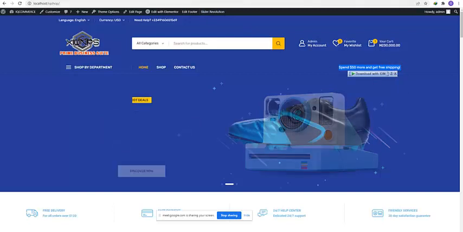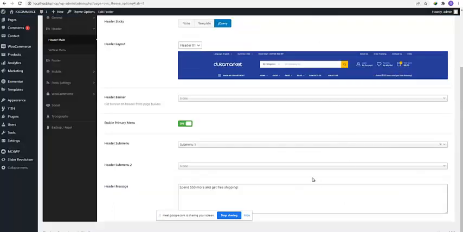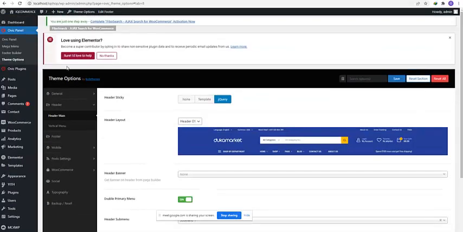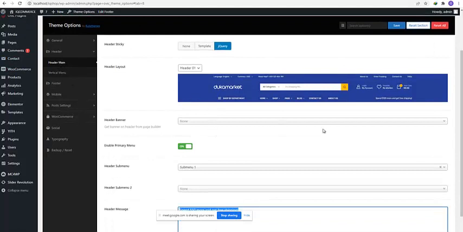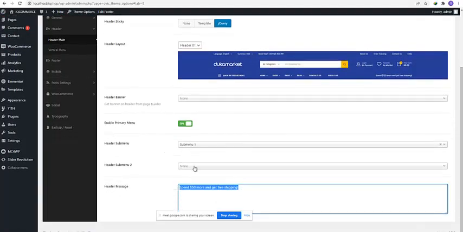Go back to your theme options. You can see if you scroll down, you will see it here, in the same page. Don't forget that we are under theme options, which we reach from the dashboard panel. Theme options open for us here. We click on header main. Inside the header main, we remove the submenu 2. Then we enable primary menu. Then we want to change this thing to free delivery